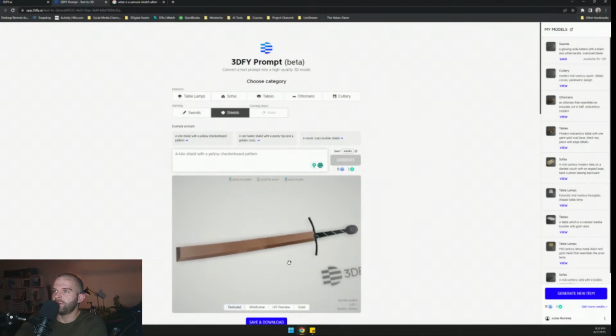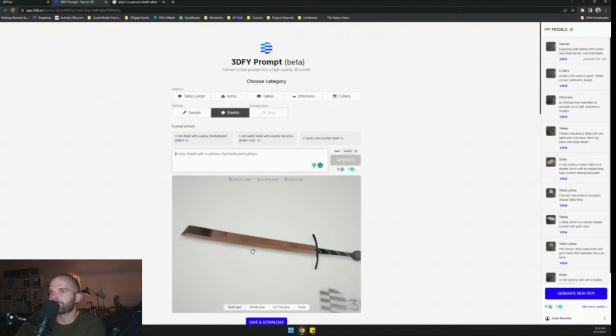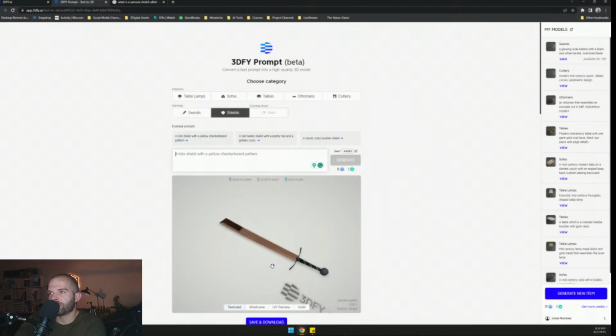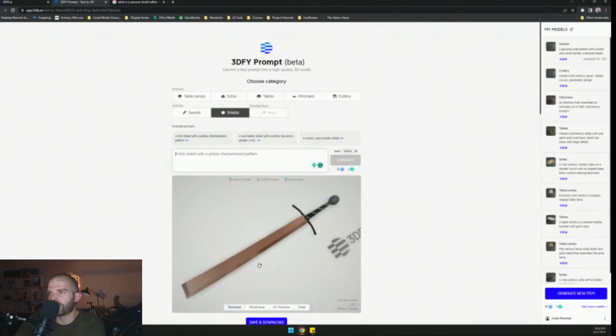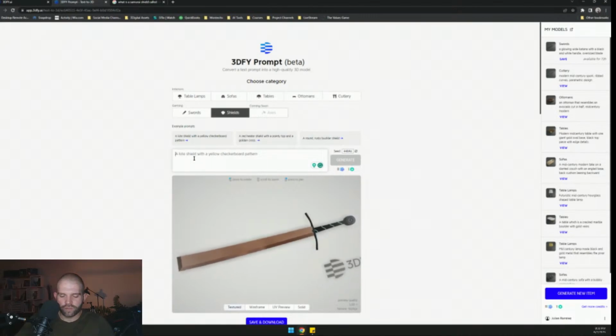So this is pretty spot on to what I asked. Let's give this an accompanying shield. So now that we got this, I can bring in this bronze. I like the bronze, and I like the black and white handle with the curves. So we'll ask for